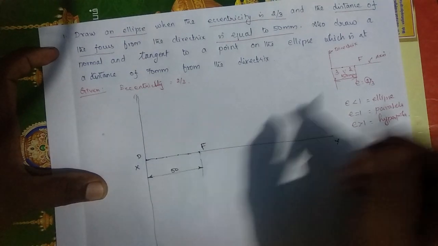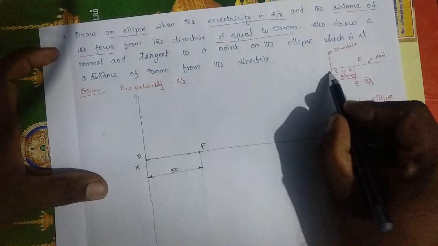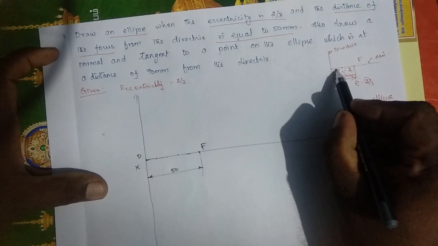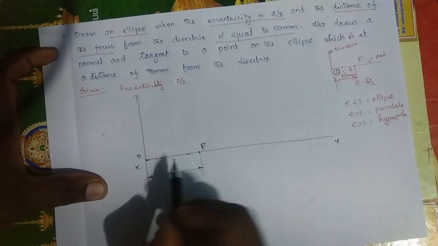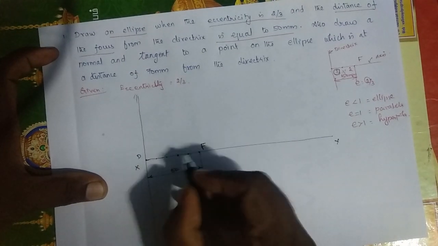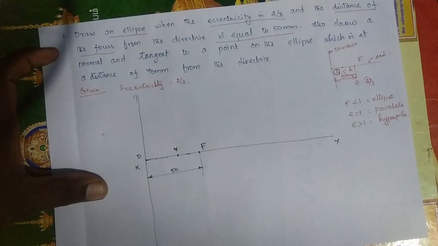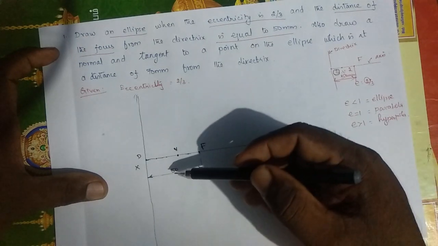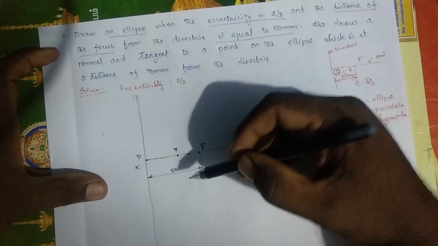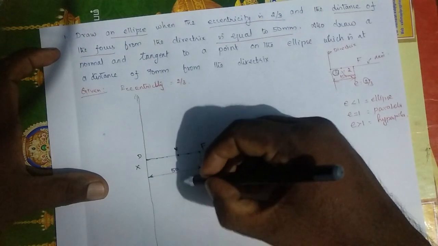Okay. Now, with this problem, from directrix to vertex, that will be 3 parts. So I am taking 1, 2, 3. So total 3 parts. So here, this is the vertex. Okay, got that? So after finding this vertex, now I simply draw the perpendicular line through the point V.